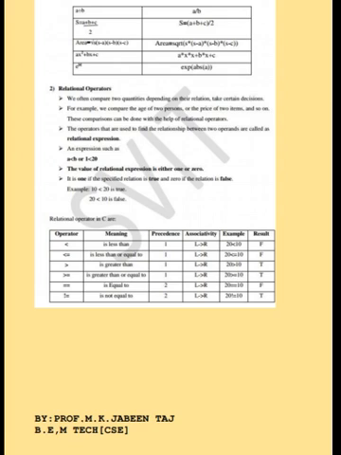Example, A is equal to 10, B is equal to 20, C is equal to 30. A is greater than B, not equal to C, is lesser than or equal to B, greater than A. 10 greater than 20, not equal to 30, lesser than or equal to 20, greater than 10. 0 is not equal to 30, is lesser than or equal to 20, greater than 10. 0 not equal to 0, greater than 0, 0 not equal to 0.